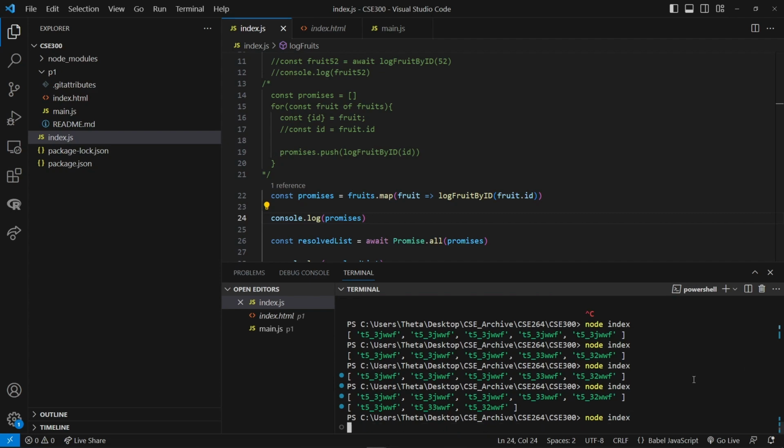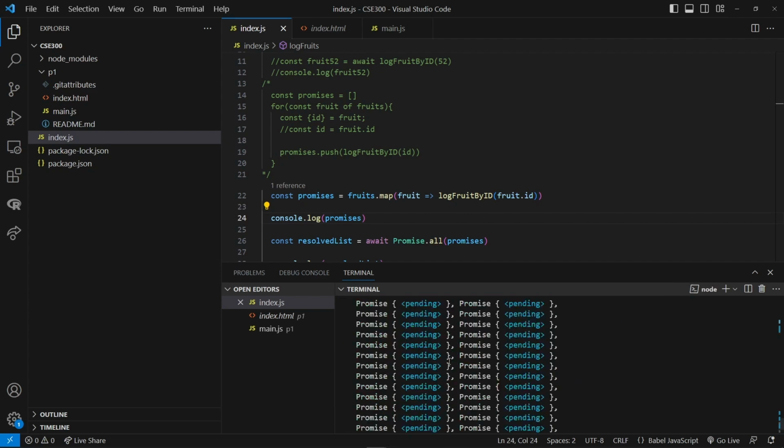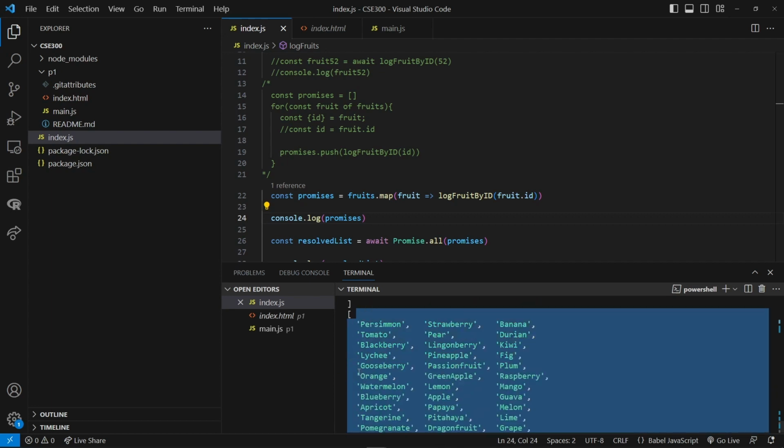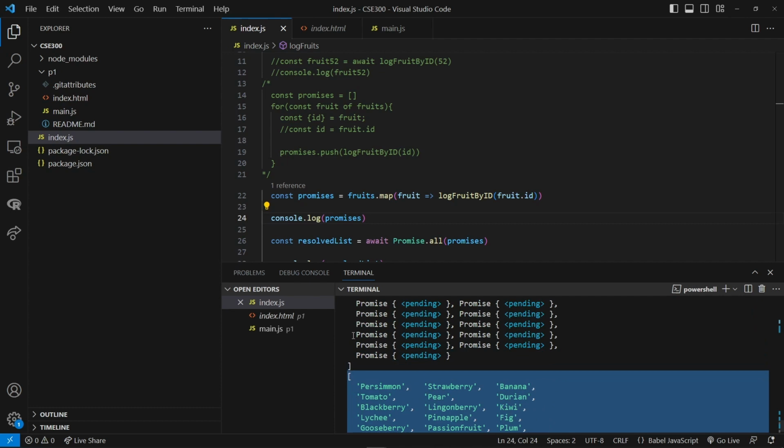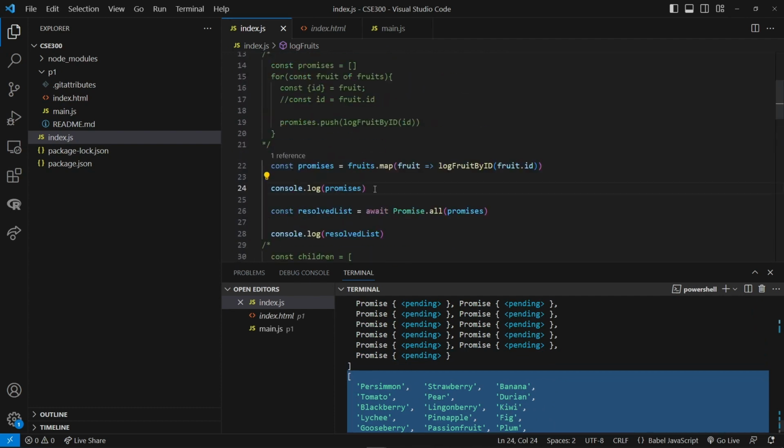So if I run this code, then you'll see we print our promises, and then once all the requests resolve, we print all of our fruit names. So in this case, we just use